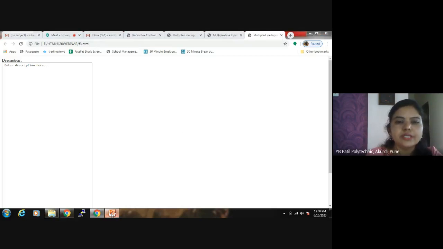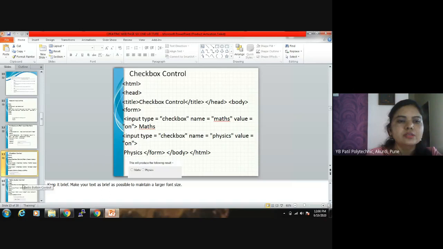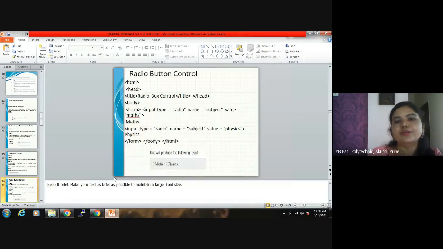So next is the radio button. We have discussed the radio button. Radio buttons create a group of mutually exclusive buttons, which means only one option we can choose. So we will see the output.